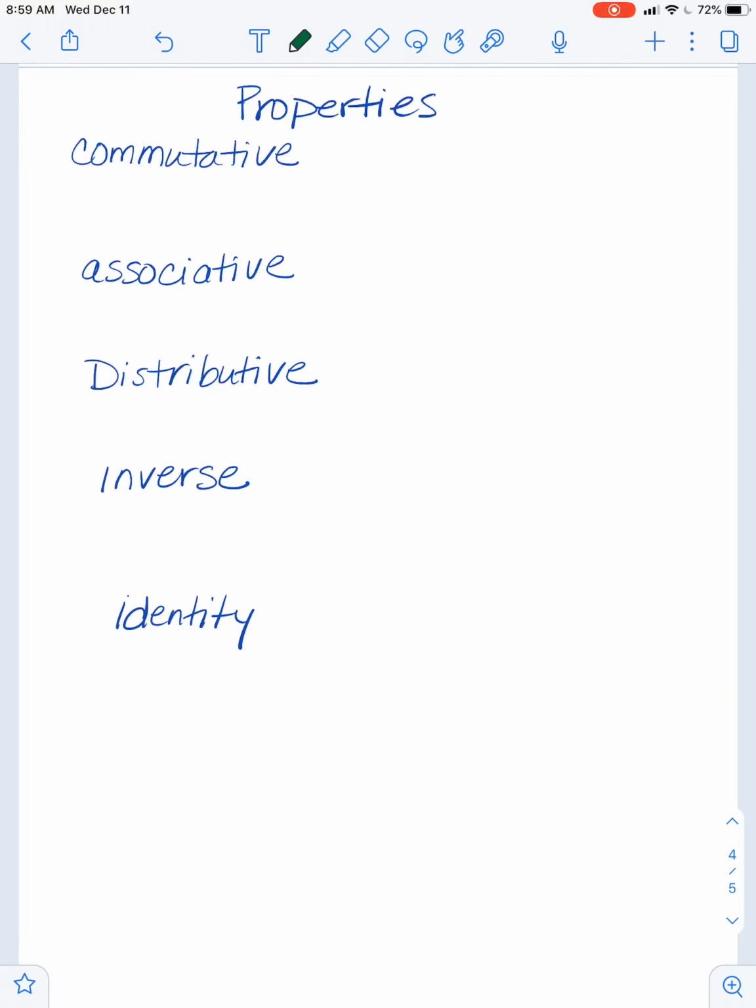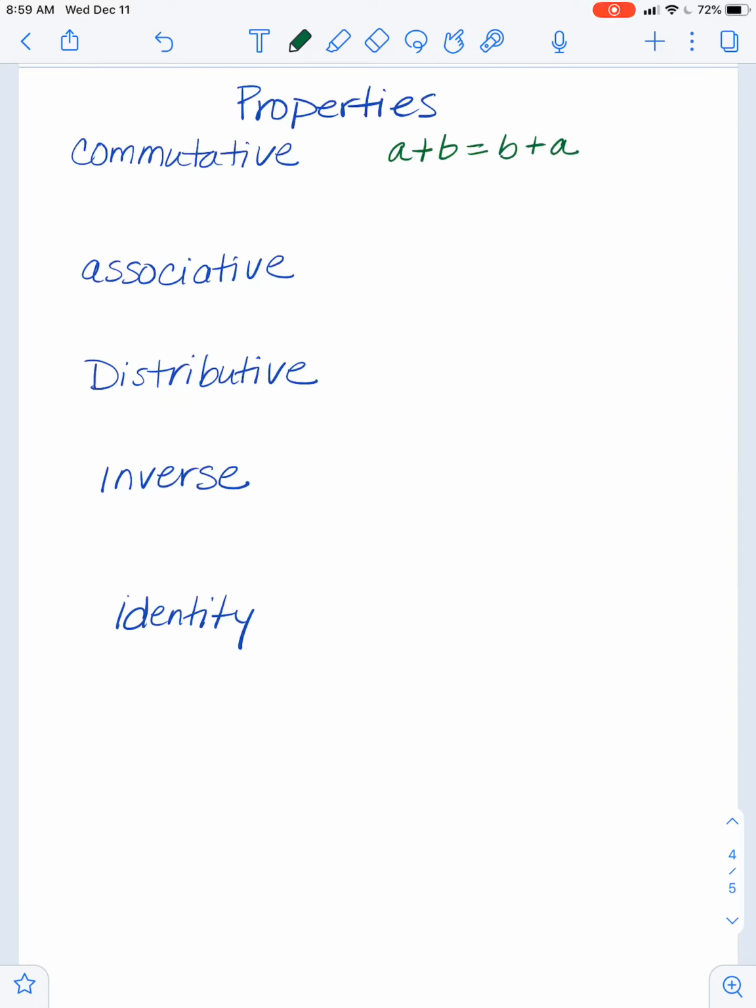Okay, so we're going to do just a quick review of the properties. I haven't written all the properties down, but I have written the ones that you need to know the most on there. So commutative property is the property that just says that the order in which I add two things